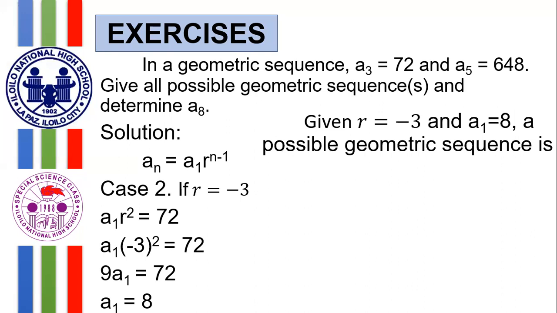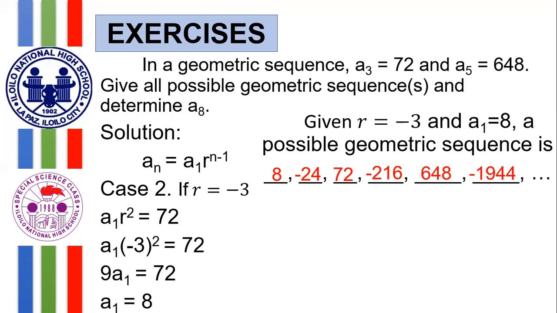So given your common ratio of negative 3 and a sub 1 equals 8, a possible geometric sequence is, so let's have 8 first here as the first term. Times negative 3 will give you negative 24. Negative 24 times negative 3 gives 72. Sir, how come positive? Because negative times negative is positive. 72 times negative 3 is negative 216. Negative 216 times negative 3 is 648. 648 times negative